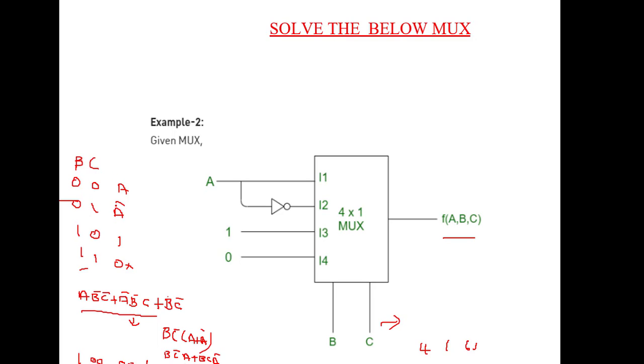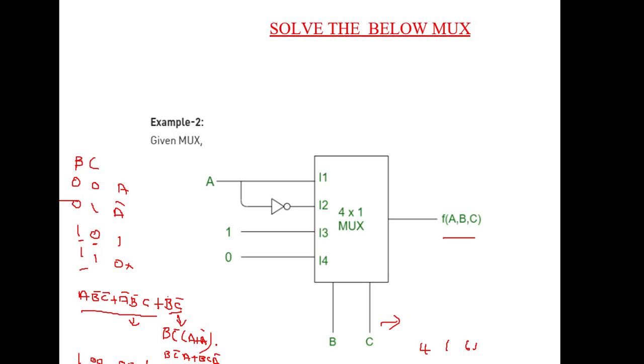Next, A bar, B bar, C. So that is A bar, B bar, C plus BC bar. Why BC bar? Because B is high here and C bar and 1 is given. Into 1 means BC bar only. A is not given, so BC bar. So this is not a canonical form, so you have to convert it into that.